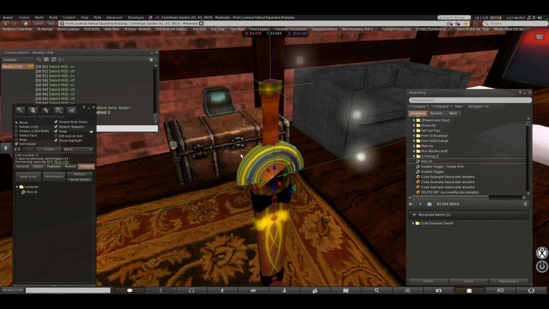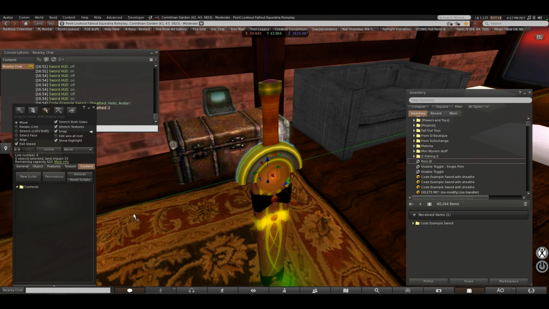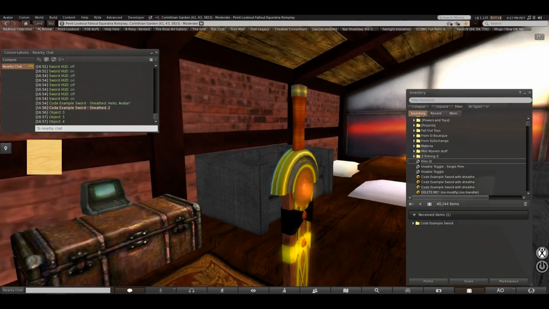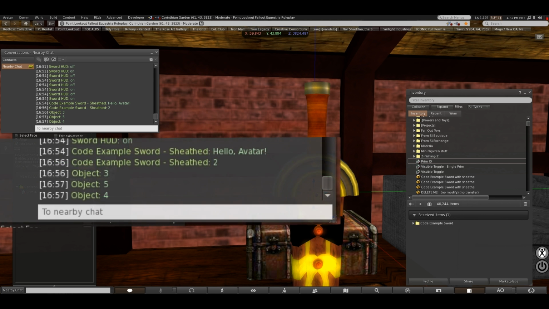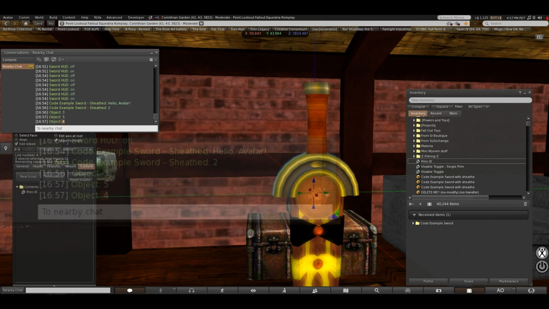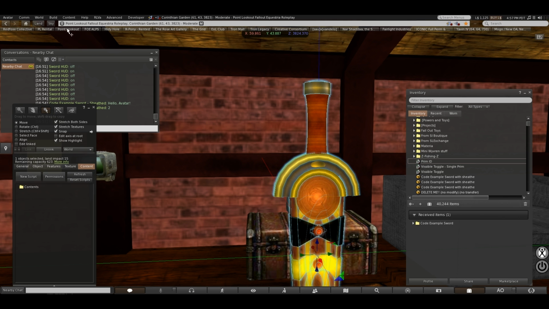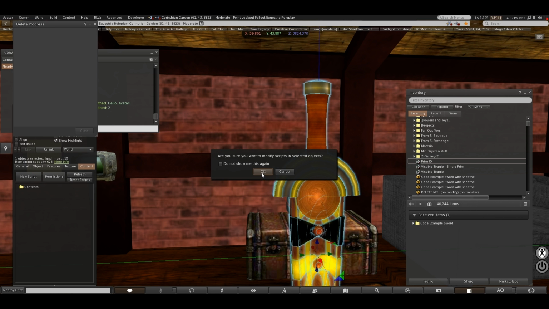So we'll put an ID there, go to the back side of this, put ID there, because these are actually two separate pieces. And so we have link numbers 2, 3, 5, and 4. So 2, 3, 4, and 5. Very simple numbers to work with. And we can go use build, scripts, remove scripts from selection, and it went ahead and deleted all 4 prim